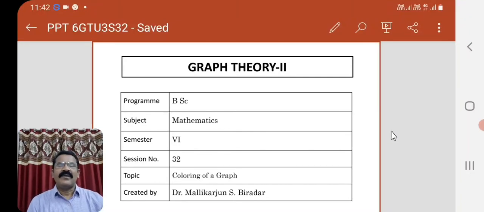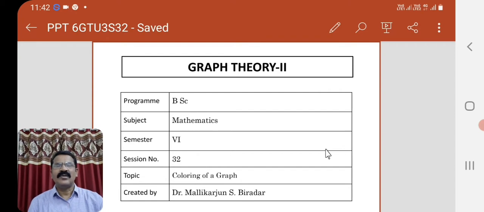Coloring of a graph. What do you mean by coloring of a graph? I have given in the introductory part the importance of coloring a graph. How to color a graph? A graph is nothing but it contains vertices and edges, isn't it? So now you have to see the importance of coloring in such a way that no two adjacent vertices have